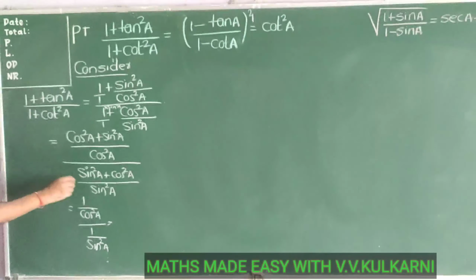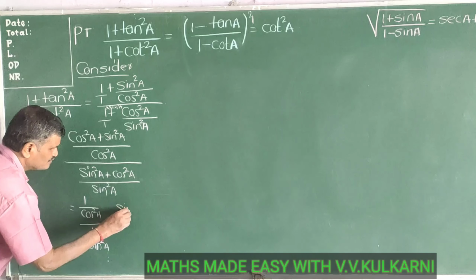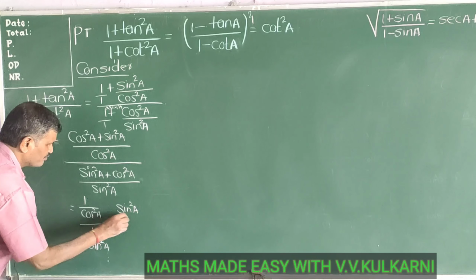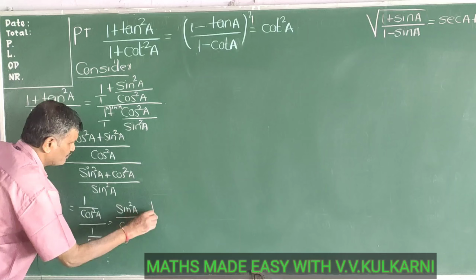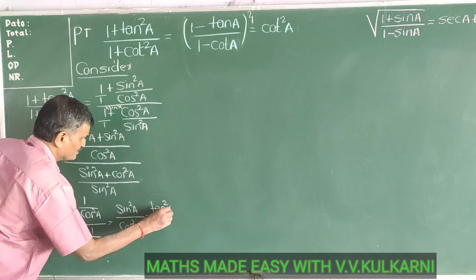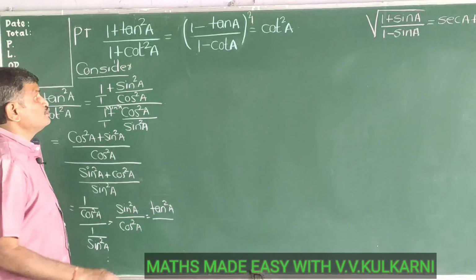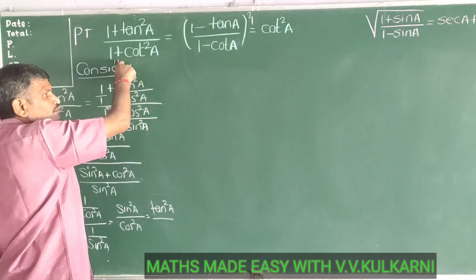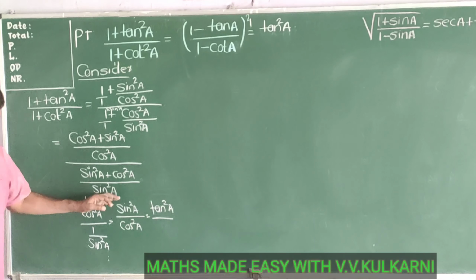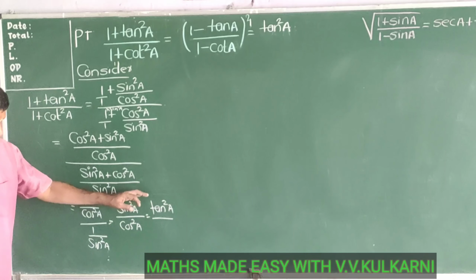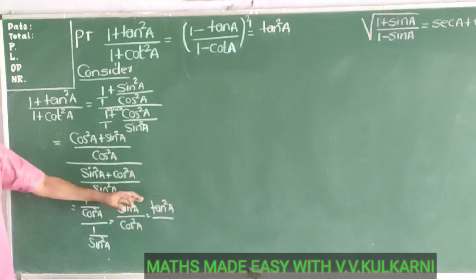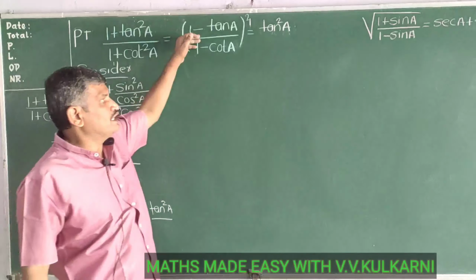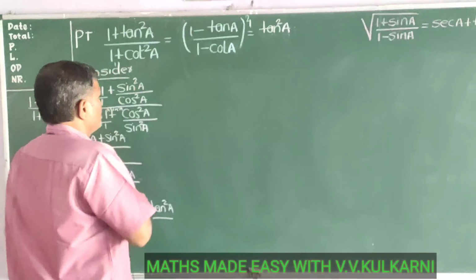If I take the reciprocal, it will be sin squared a by cos squared a, and that is equal to tan squared a. Hence I have proved the first part. See here, sin square a by cos square a is equal to tan square a. That is what I have to prove. If you divide sin square by cos square, tan square remains. Now this also has to be proved equal to tan square a.